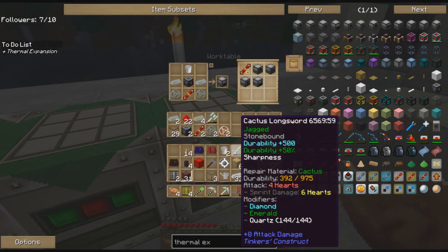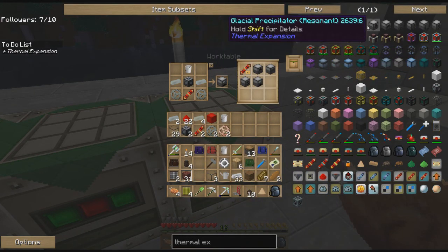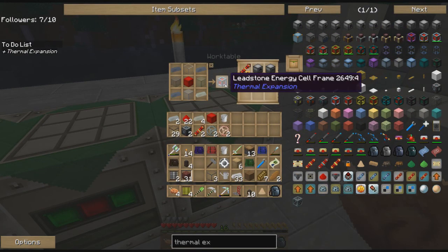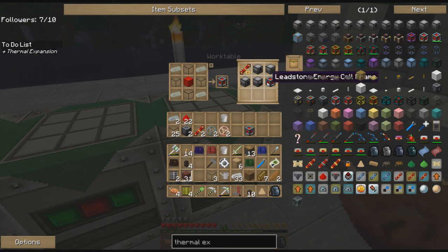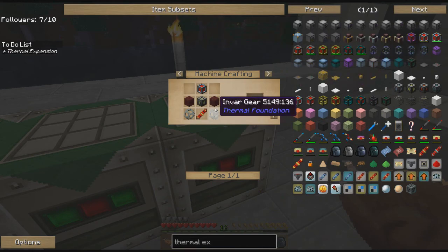Whoops. No, that's fine. And glass is in there. Okay. So, shift click, and there's a leadstone energy cell frame. Now, we're going to go right back in with the Magma Crucible, and it's also going to take some of